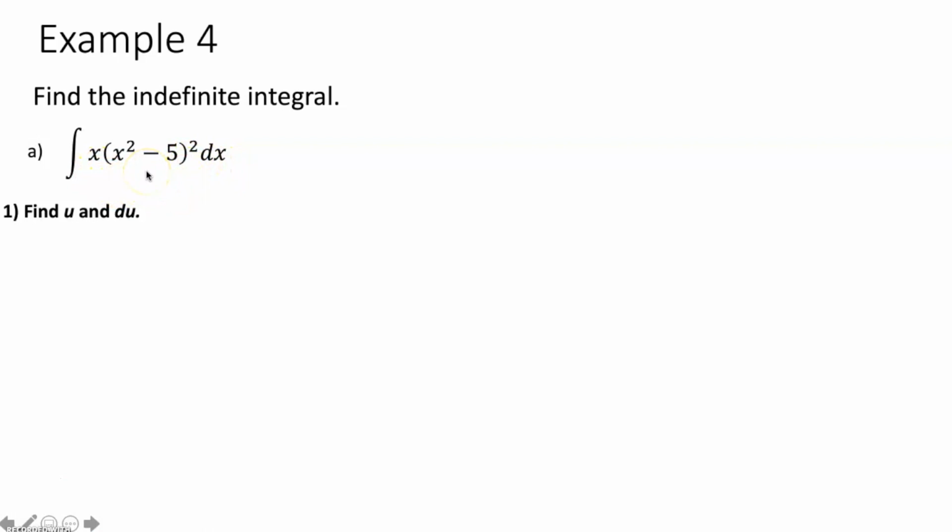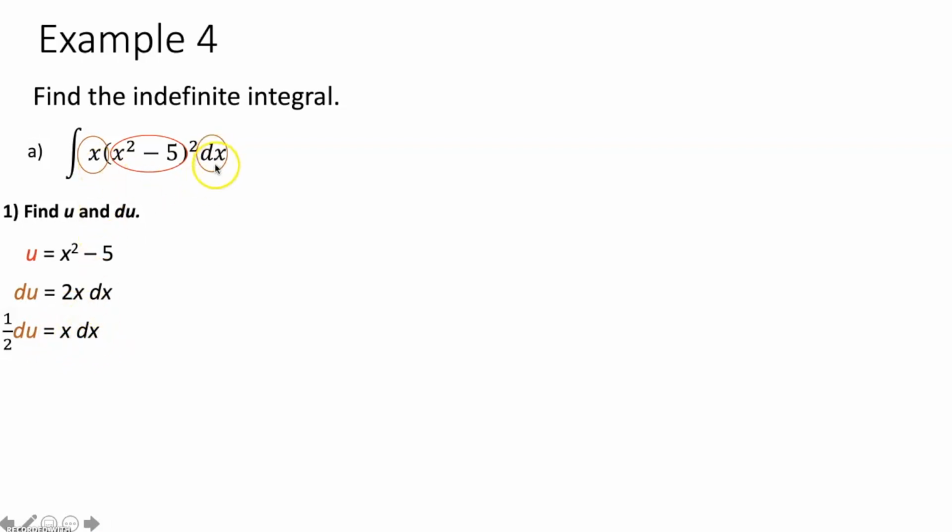So in this case, I'm going to set u equal to x squared minus 5. The reason is because if I take the derivative of this with respect to x, I get du dx is equal to 2x to the first minus 0, or just 2x. Multiply both sides by dx, I get du is equal to 2x dx. Now we look at the problem. There's an x and there's a dx, so that takes care of that in the problem. But there is no 2. What do we do when that happens? We take this 2 and we divide both sides by 2,